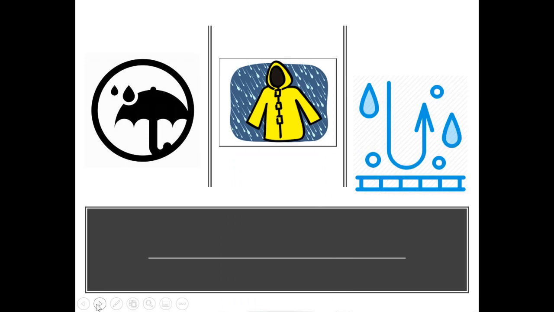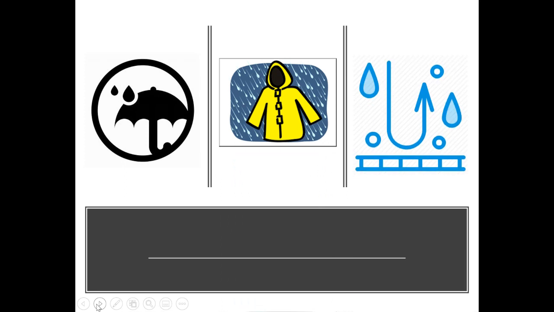Number two, what do you notice or see? I notice or I see. Well, in the first picture, I notice an umbrella with rain. In the second picture, I notice a raincoat in rain. And in the third picture, I notice that rain is bouncing off of a material. So, how are all these pictures the same or similar? They all,